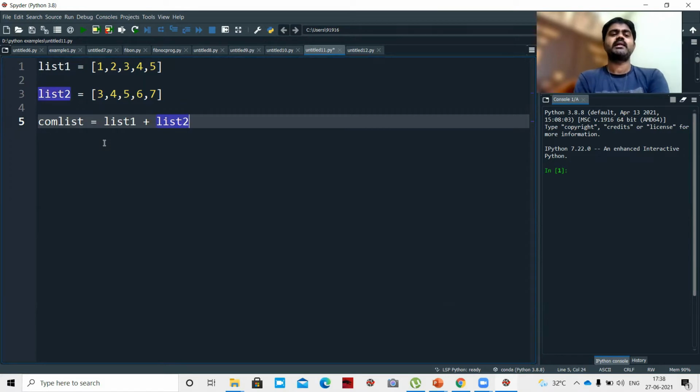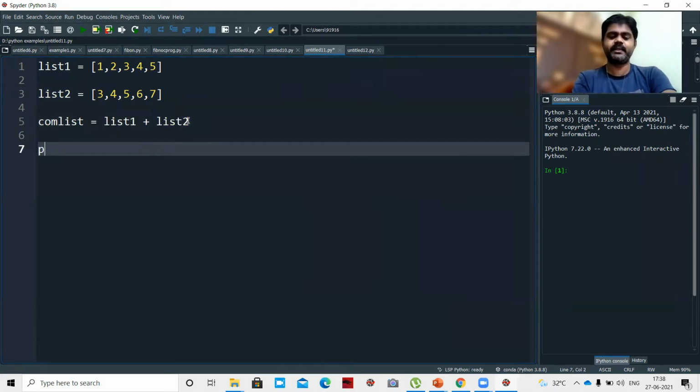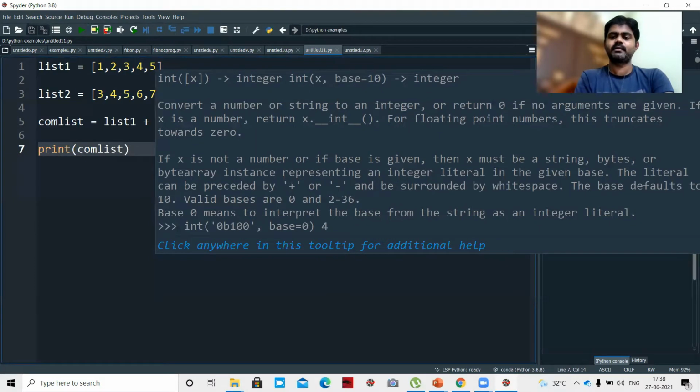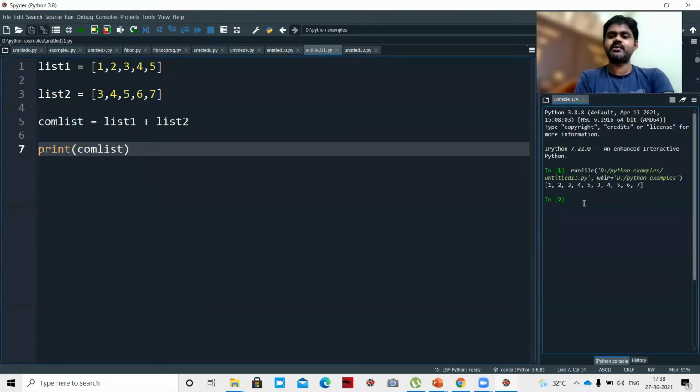So now 3, 4, 5, 6, 7 will be added after 1, 2, 3, 4, 5. So 3, 4, 5, 6, 7 will come after 5. If you print this, what do you get? 1, 2, 3, 4, 5, 3, 4, 5, 6, 7.